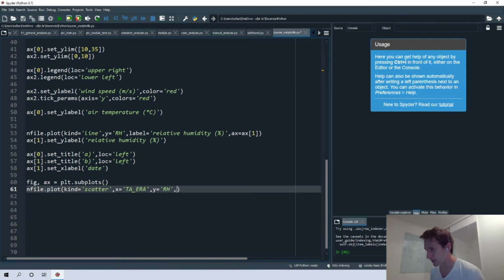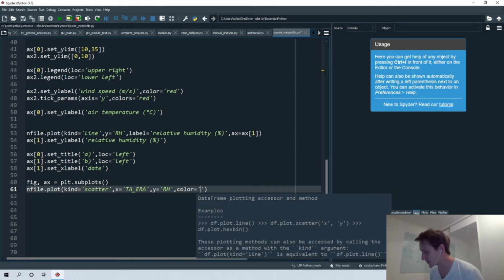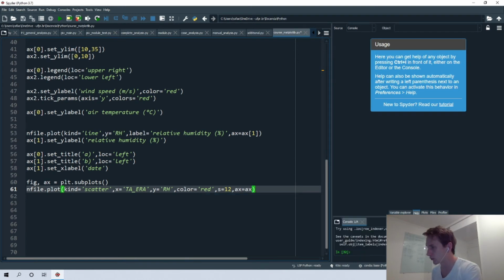Okay, so we can also define the color of our marks, so for example red, and then we can define the size. Remember that the size you can also include as a function, so we can change the size of your marks depending on something. Also specify the graph that you are working on. We have only one, so it's the x value. It's a single float number.